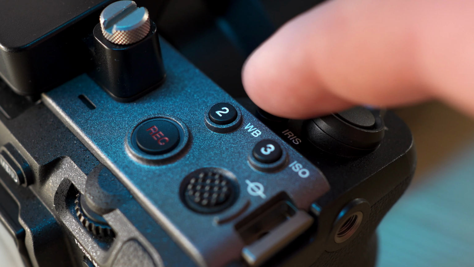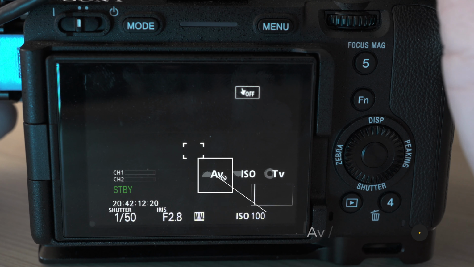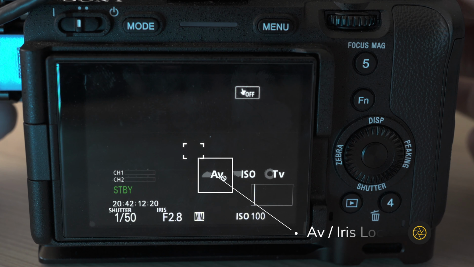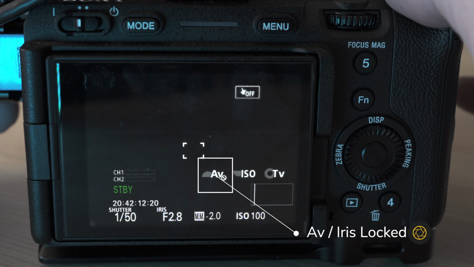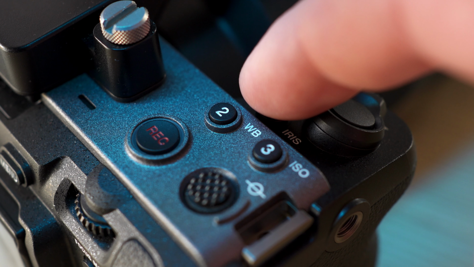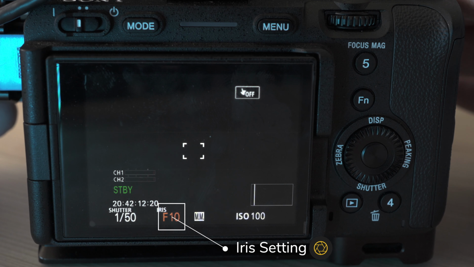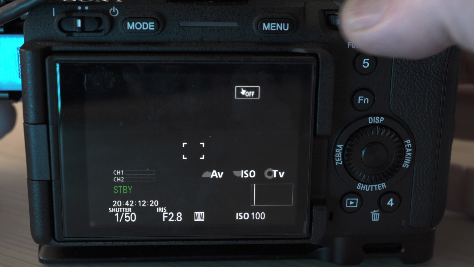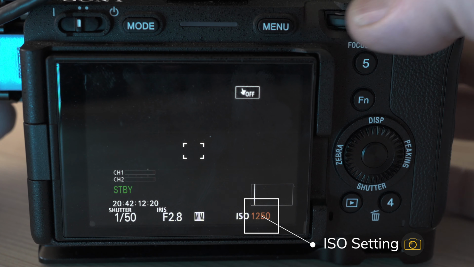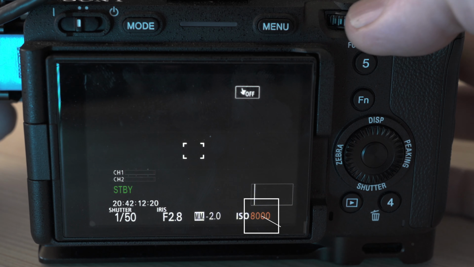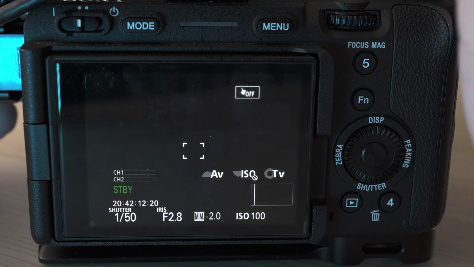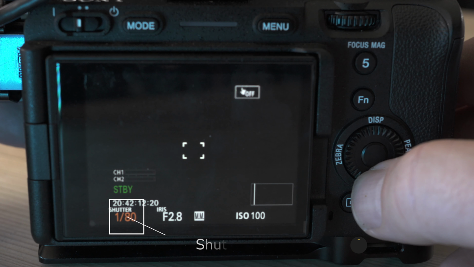So we'll begin by looking at the iris. If I press the button, you'll notice that the lock symbol appears on the display briefly. That now means that control is locked, and when I try to turn it, the lock symbol appears on the screen. If I press that again and unlock it, you'll see that now does allow me to adjust it. Same applies to the other two controls as well. So I can press ISO, adjust that using the control wheel on the back, and again lock it if I don't want it to change. And the same with shutter speed on the dial wheel on the back.